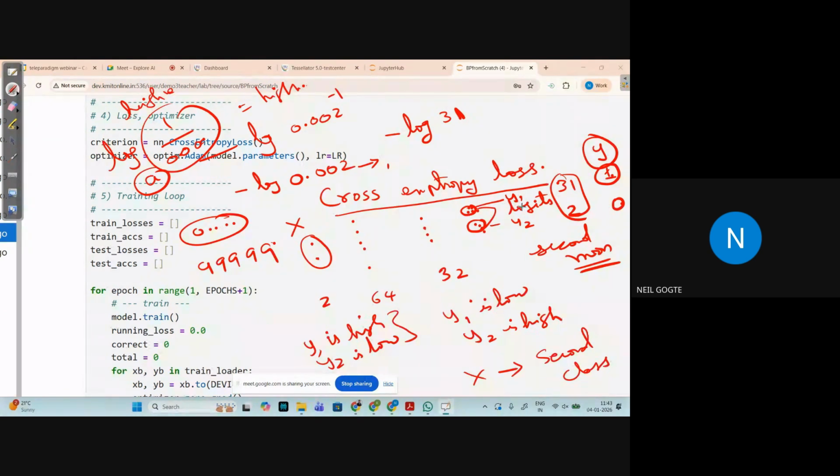Y1 represents the first class, and Y2 represents the second class. Ideally, if the sample belongs to the first class, Y1 should be very high compared to Y2. Okay, this is the basic thought. Now, if Y1 is supposed to be very high compared to Y2, what I measure is for whatever is the